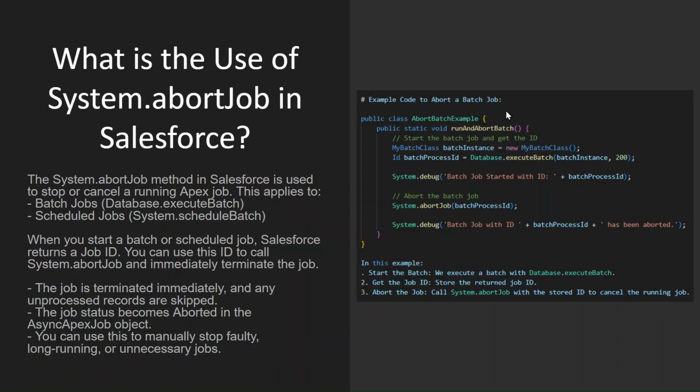So you can see the same in the example code here, that we have this Apex class abort batch example, and we are executing the batch in this Apex class, and we have this logic for aborting the job. So we have this job ID, that is batch process ID, and we are passing this in this System.abortJob. So this is how we are aborting this job here. So let's move to the next